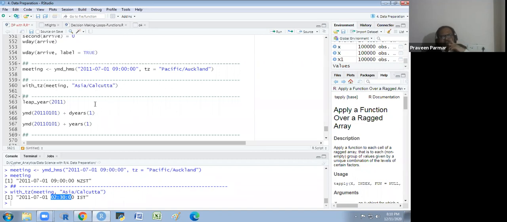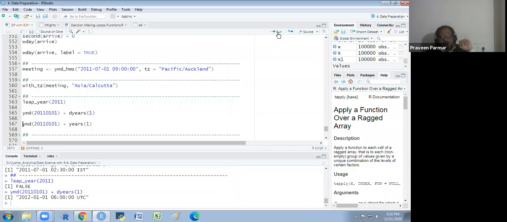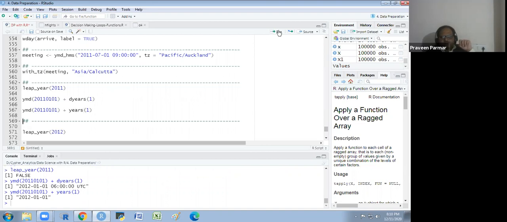One more important thing, you know whether 2011 is a leap year or not. We know that it is not a leap year, so we get false. But take 1st January 2011 with ymd and add days of years 1. You see what output I will get. I will get 1 January 2012, after 365 days. If I just put years 1, then also I will get the same thing, 1st January 2012, for the non-leap year.